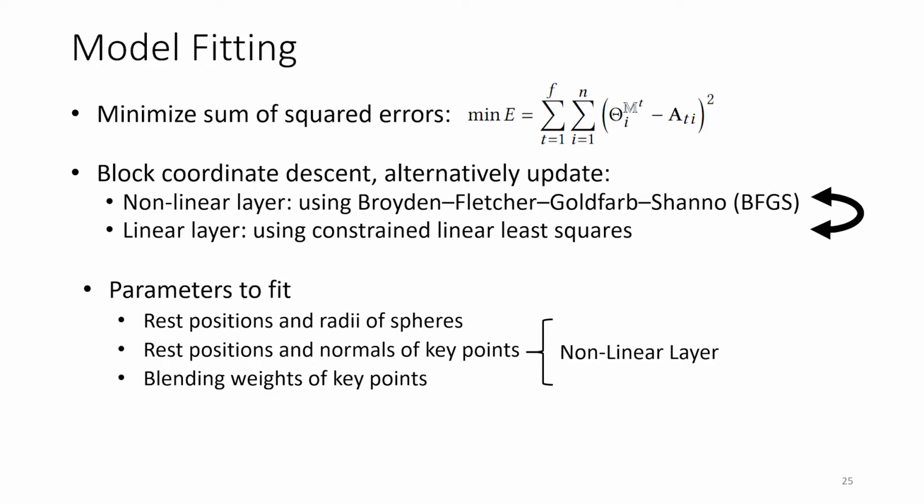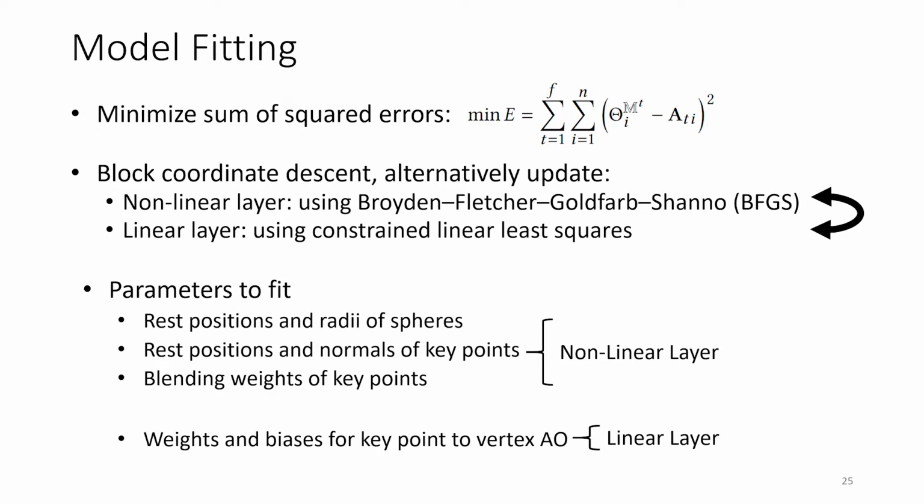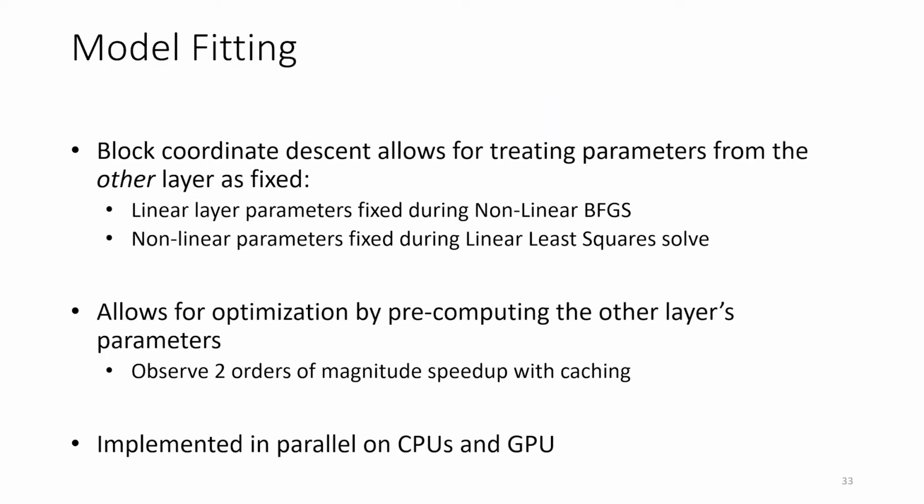For the nonlinear layer, we update the rest positions and radii of the spheres, the rest positions and normals of the key points, as well as their skinning weights. For the linear layer, we optimize the weights and biases for the linear combination of key point shadow onto the final vertex ambient occlusion. In addition to the quadratic convergence rate of BFGS, our use of block coordinate descent allows us